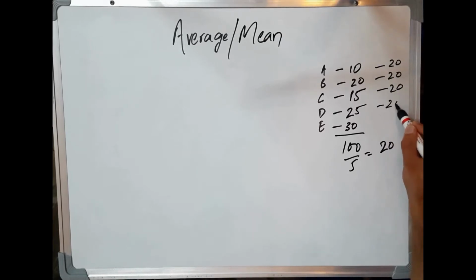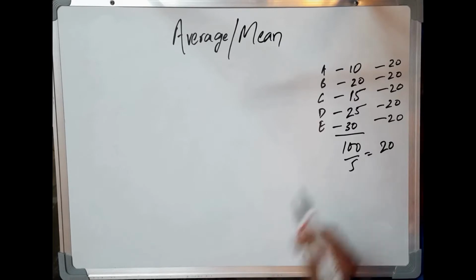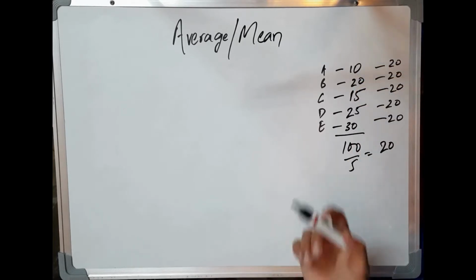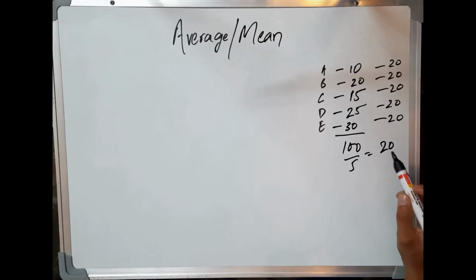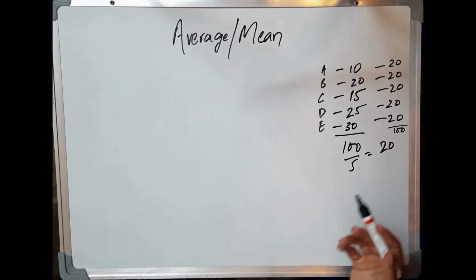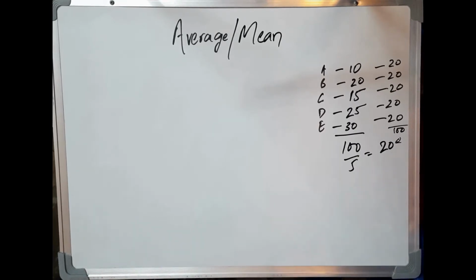Now this might sound confusing. I see A has 10 and C has 15. But when we say average, we are calculating a number mathematically which tells me the average of the whole data. And you shouldn't keep looking at a single unit like A or C. If I try adding those 20s, I'll get 100. And if I divide it by 5, I'll get the average of this data, which is 20.